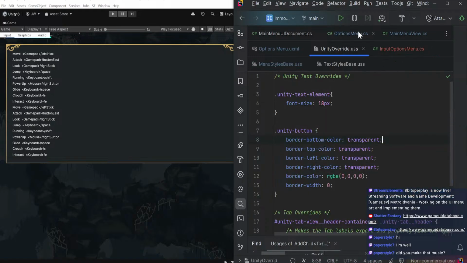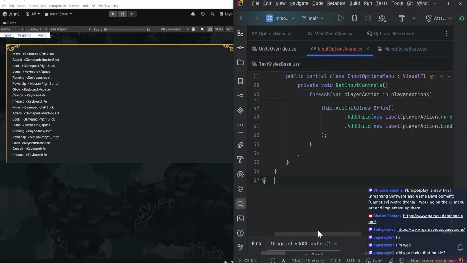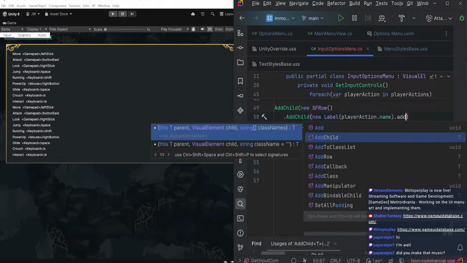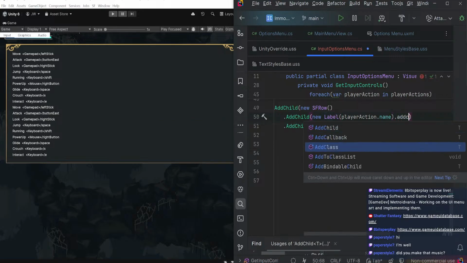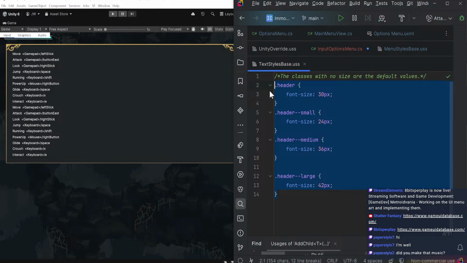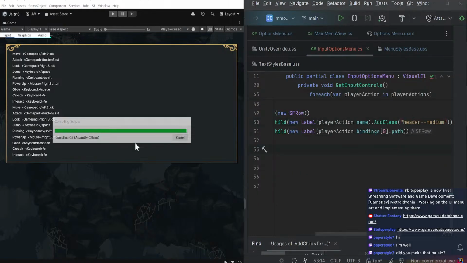So let's go back and start going up this way and go in here. And for labels, I'm going to say add class list or add class. I'm going to do a header medium. We're going to see how well this works. If I do a header medium here, and if it actually goes back,